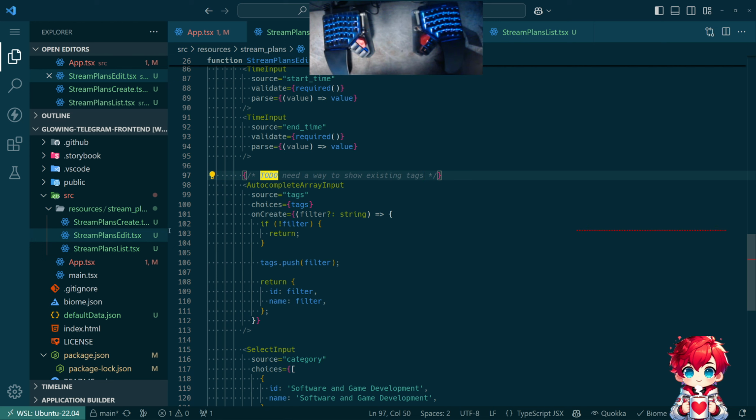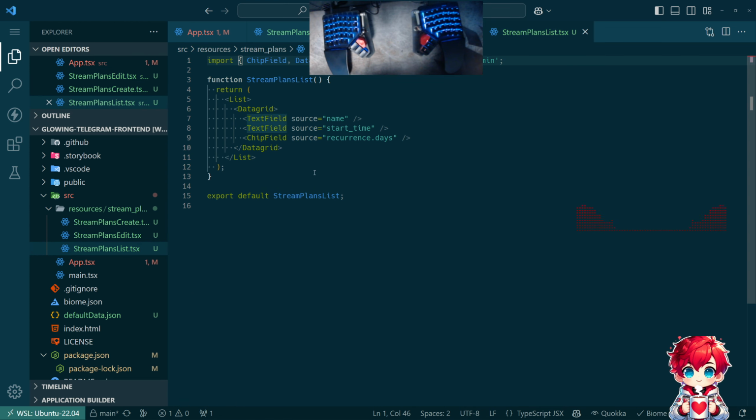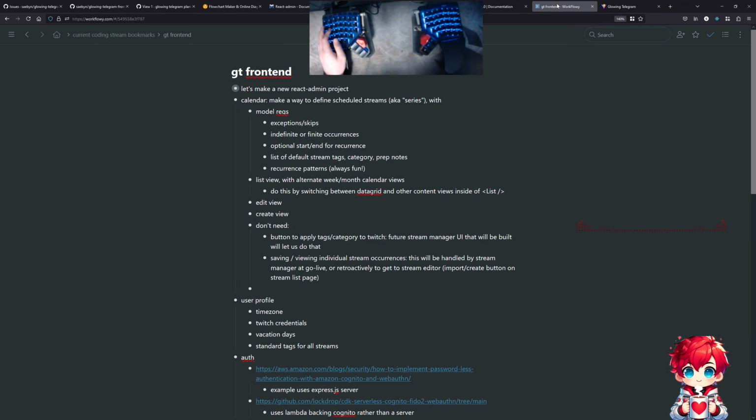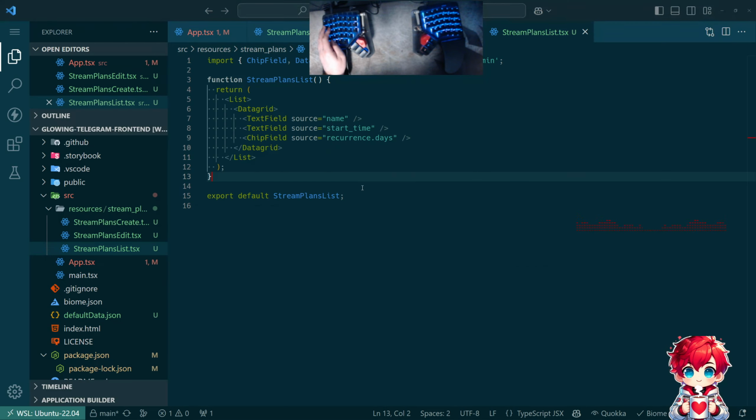And then for the list view, right now we just have a data grid that shows some information. But that is an aspect of what I want to do here, but I want to do more. Specifically, going back to the agenda, we want to have a view that shows either the current week or the current month in a calendar layout that shows the recurrences of the streams, right? So if we were looking at a month view,